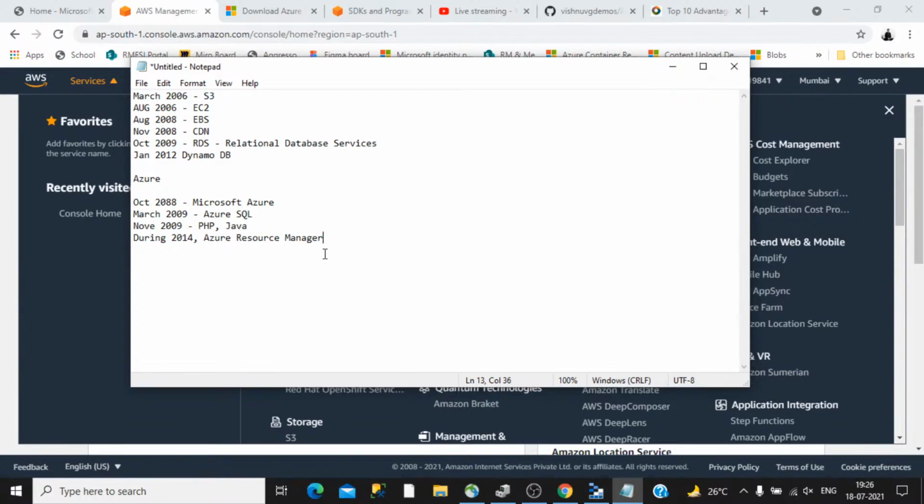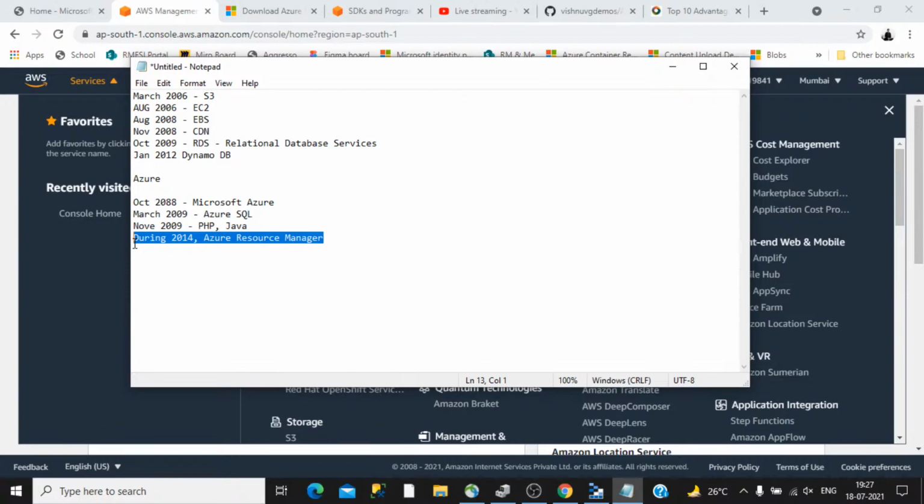This is called ARM. If you search about ARM, you will get more of a picture about that. But there are still some old Azure customers that are using the classic model. That is why Microsoft is keeping the old classic model as it is. But if you are creating a new resource, it will be better, or it will be by default, in the Azure Resource Manager. That provides more features, more support for compatibility as well as for managing the different resources. So I hope you got the point now.